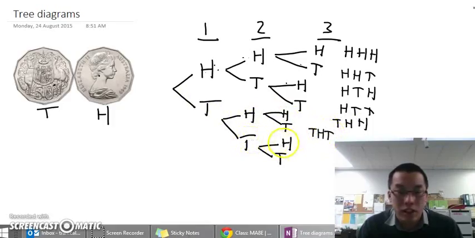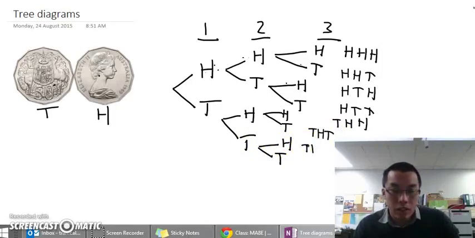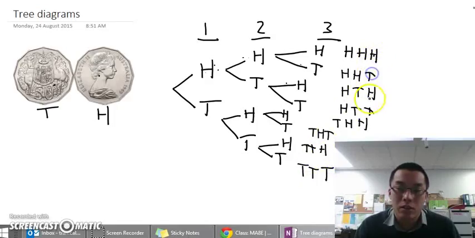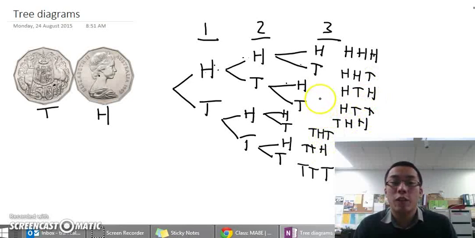Could have got tails, tails, heads. We could have got tails, tails, and tails. So there are 1, 2, 3, 4, 5, 6, 7, 8 different possibilities if you flip